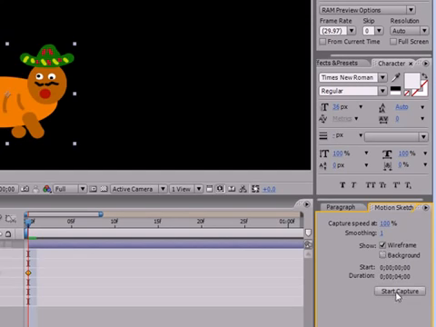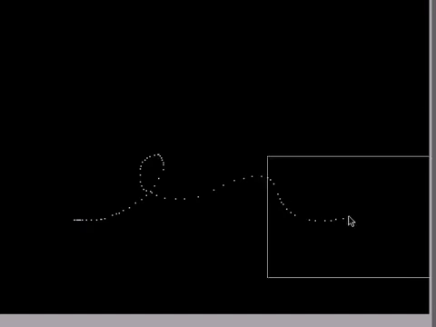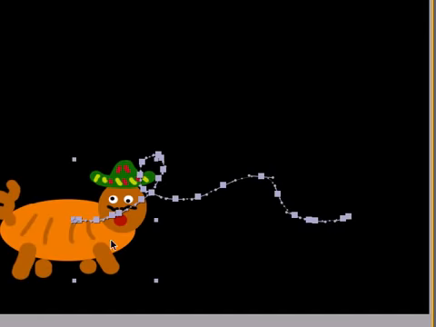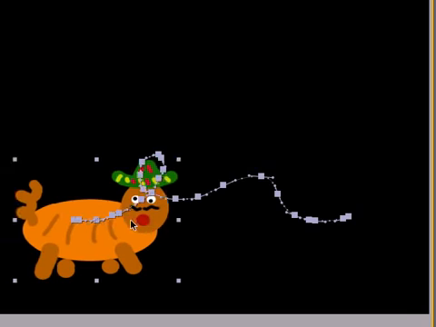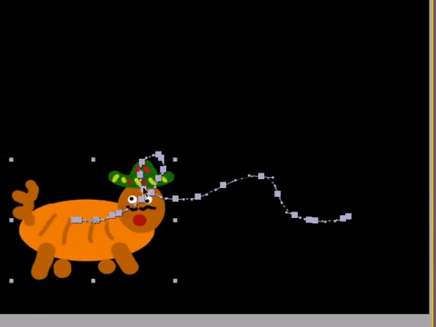Now, once you click Start Capture, your mouse is going to turn into a little crosshair. This means that you're ready to animate and start drawing your motion sketch. So go ahead and click Start Capture, click on your object, and start drawing your motion sketch. As you can see, you now have made a bunch of keyframes that you want your object to follow. So go ahead and click spacebar, and as you can see, Charlie the Chupacabra is following my motion sketch that